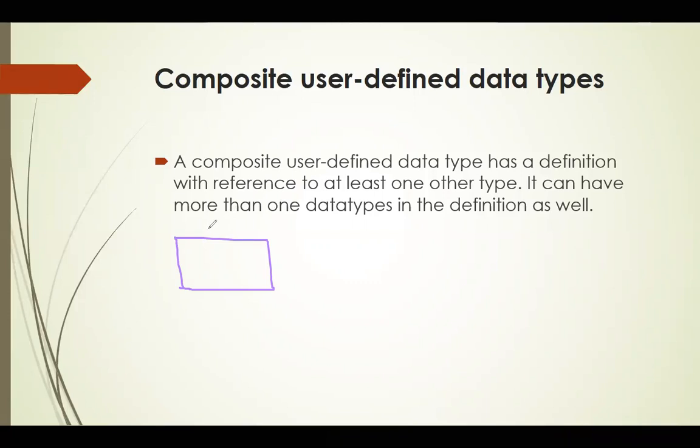Now let's say I want to store the student name in that box, and that box would be a string. Now this box is going to store the name of the student,